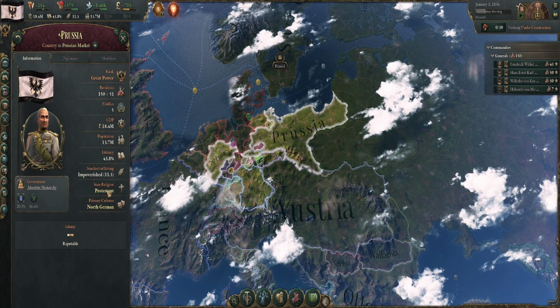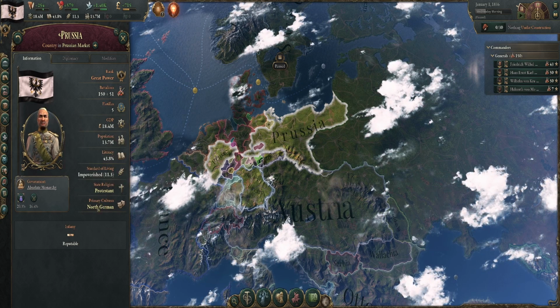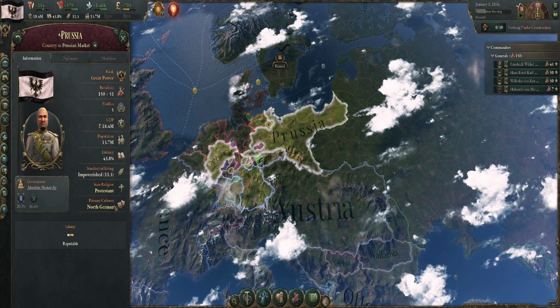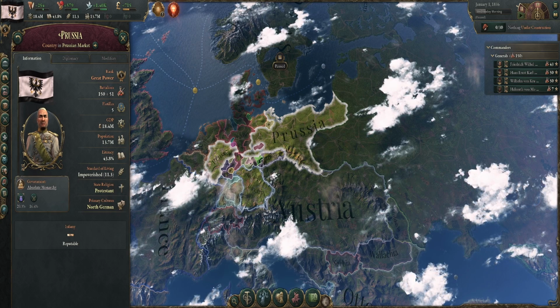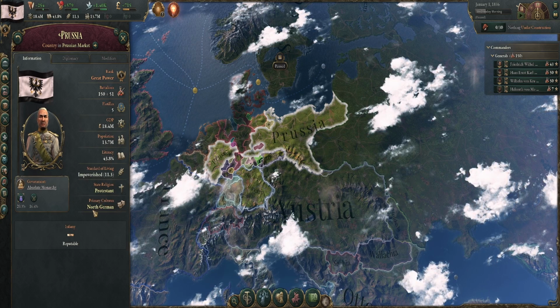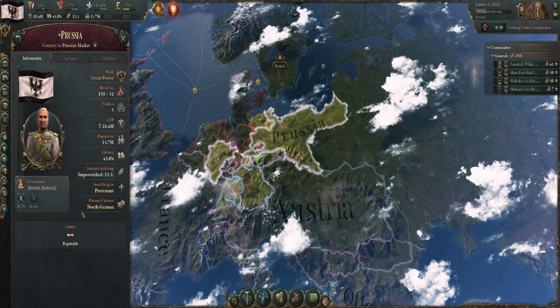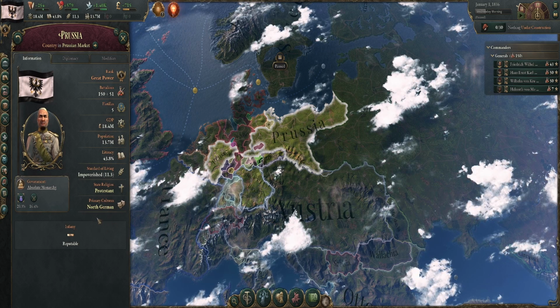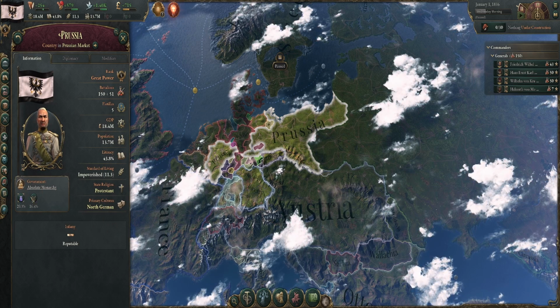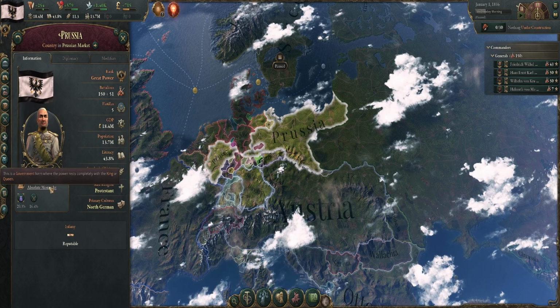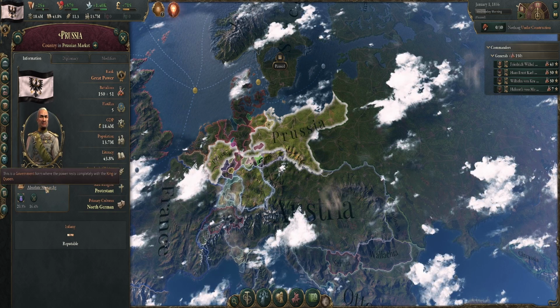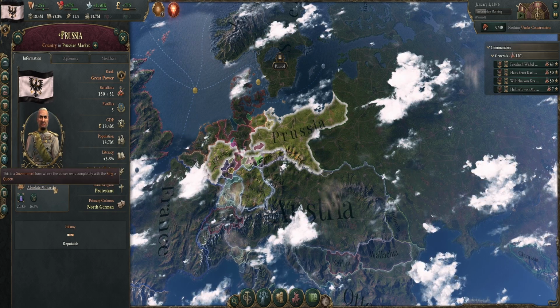Obviously, we are North German. We are also currently Protestant. The primary cultures does have a pretty big effect, and we're going to go over that as well in the next video with the whole population, cultures, idea and all that stuff. And then here you can see your current government, which, as you can see, as Prussia, we are an absolute monarchy, which means that